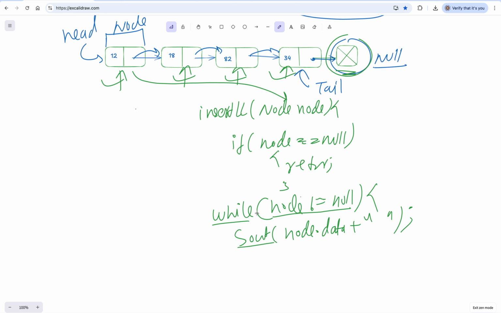Okay, and then after that, let's say in the beginning you will be here, then your node dot data will be printed, 12 will be printed. Now you need to move to the next node when it will come up again to the loop. So what you can do, you need to point your current node to the node dot next actually. Okay, and then you can close this particular loop.